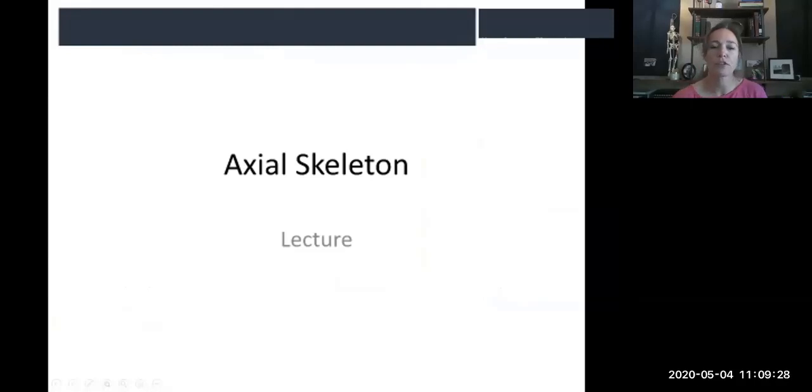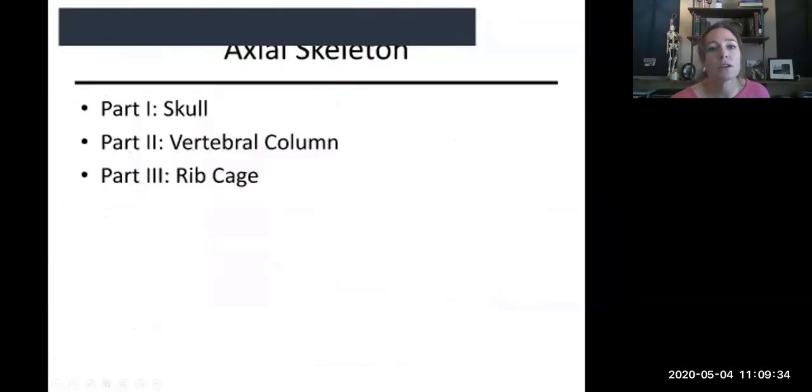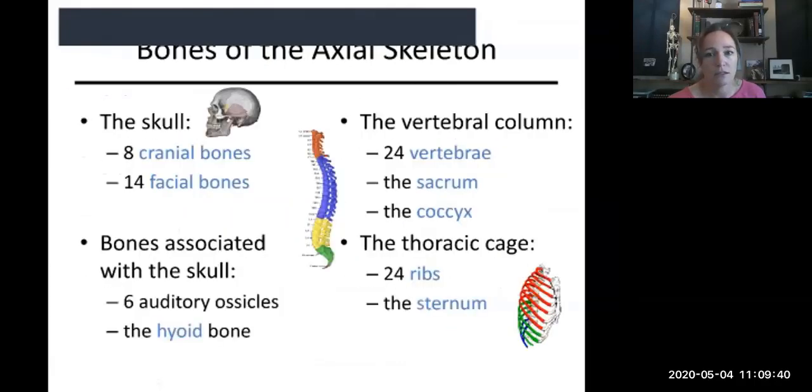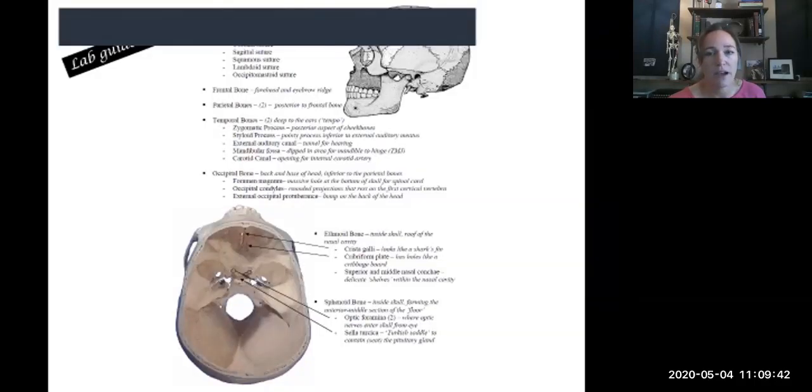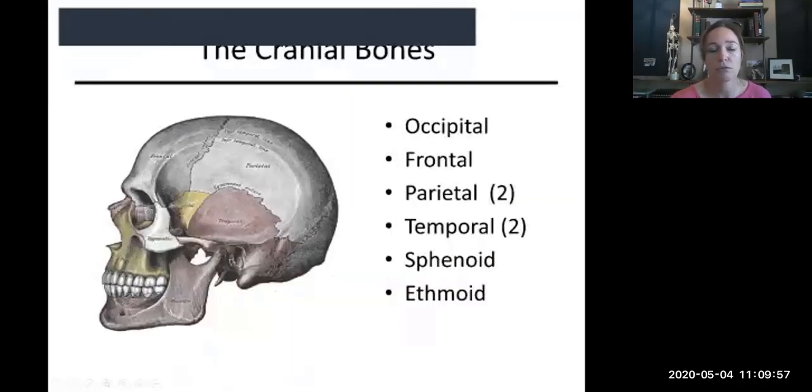Okay. So for the axial skeleton, this is the first part of the skeleton lecture. You should know the components of the axial skeleton. One of the best ways to identify each of the features is to use the lab guide. So the lab guide here is you will have the bones as well as the features, and then the best way to see the features is to actually go through the